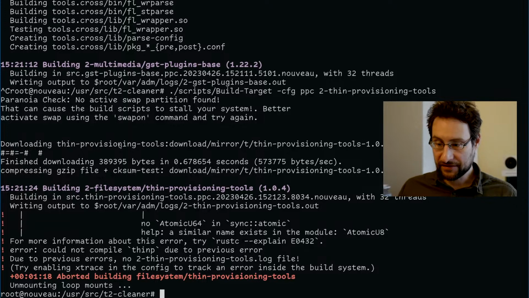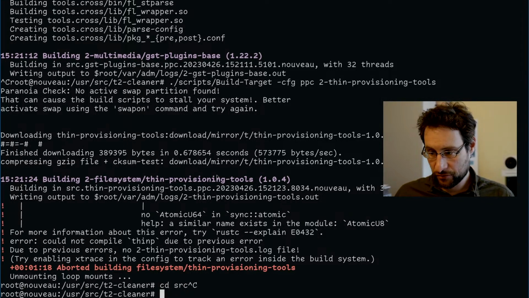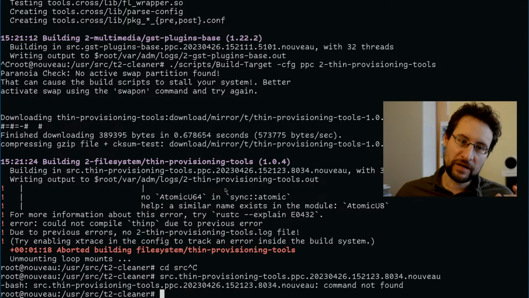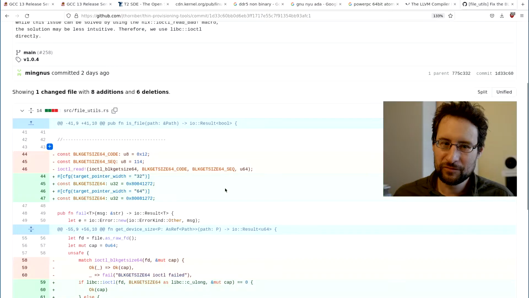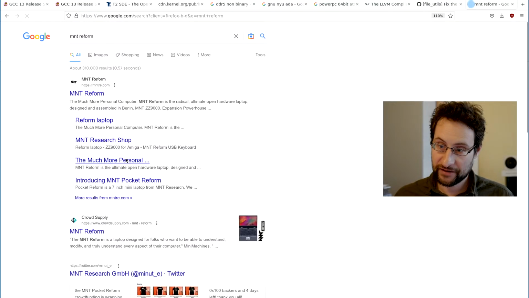Okay, so this fails the same as I kinda suspected, so much to their fix something for. Yeah, 2023 Rust is amazing and stuff, except you're still running 32-bit processors, like even this MNT Reform, right? I guess that is